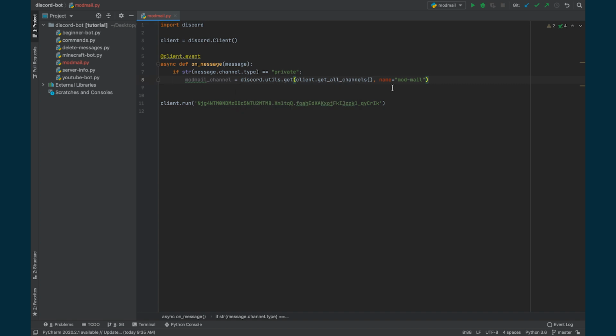And if you want to see how to do that, you can head over to the Discord.py documentation, go to the utility functions, and they actually give you a few examples of how to use this get method. Now that we have this channel here, we're able to send the message that the user DM'd to the bot to the modmail channel. So what we can do is say await